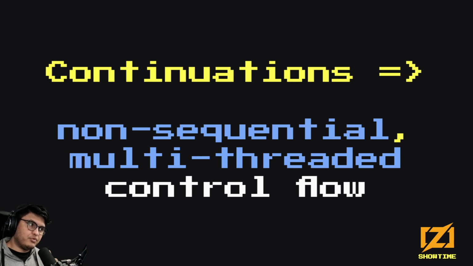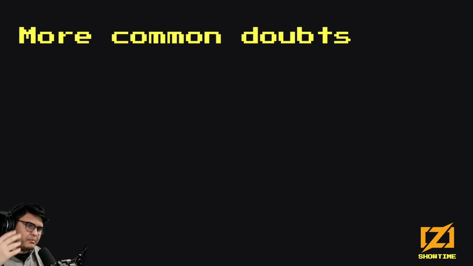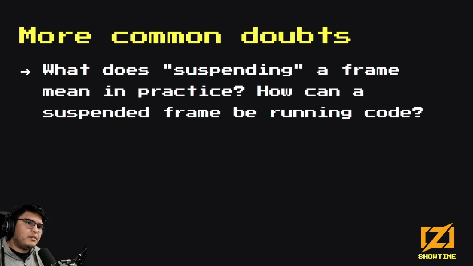Now you're forced to gain this new extra level of detail in your model to be able to understand what's happening. So let's mention a couple more common doubts. I also heard questions like, what does suspending a frame mean in practice? And how can a suspended frame be running code? The answer, again, is not one that will explicitly satisfy your understanding.